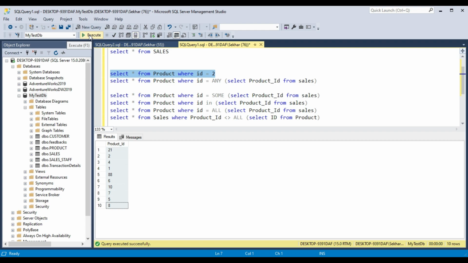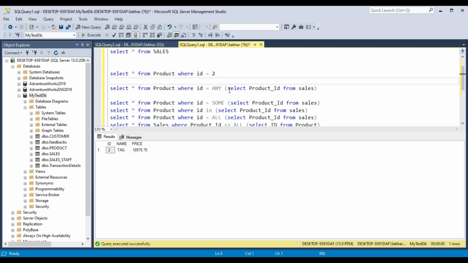We are directly passing the value, so it runs. But if you want to pass multiple values, how do you do it? You use the in operator. Within parentheses you pass the values, maybe 2, 4, 1. You pass these values and then run this query.